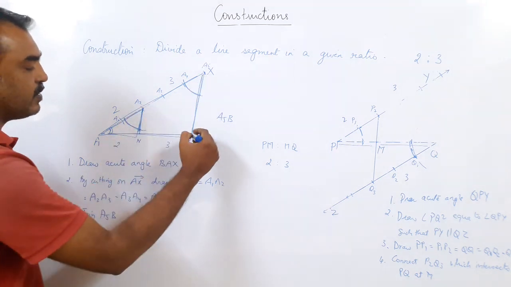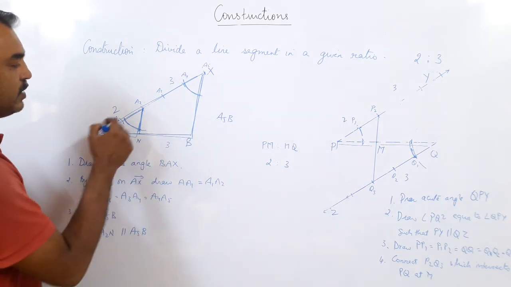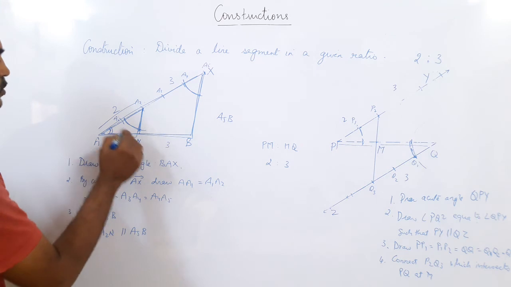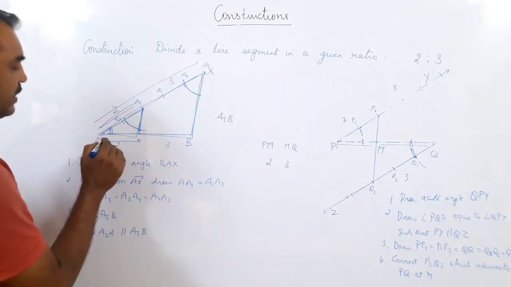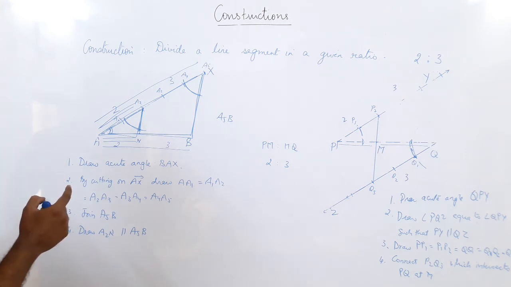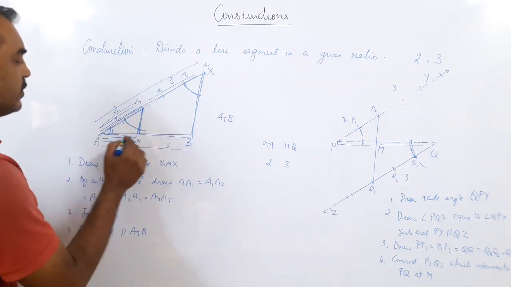Because the two triangles are similar, or you can even go by another method, similarity. You remember the parallel line here? The line drawn parallel. What happens in parallel? The ratios become equal. So if this is 2 parts, this will be 2 parts. So this is 2 parts out of 5 parts. Even this is 2 parts out of 5 parts. So because of the similarity of the triangles, whatever is the ratio here, the same ratio is here.